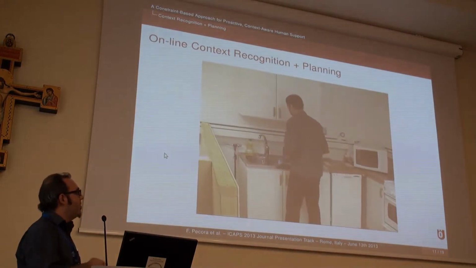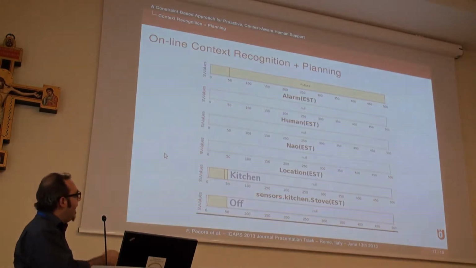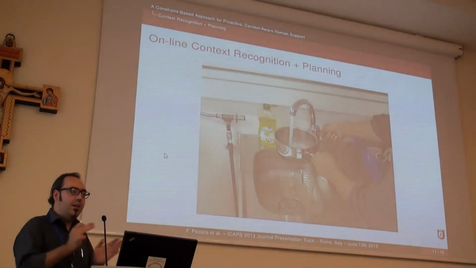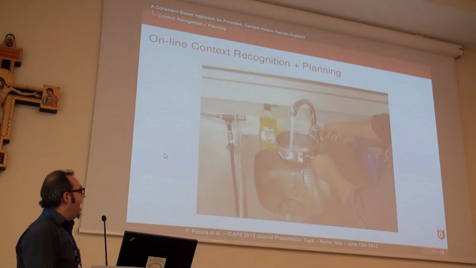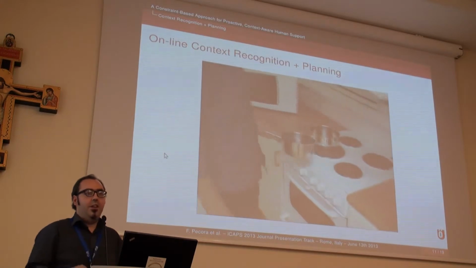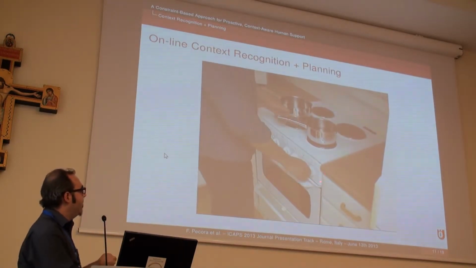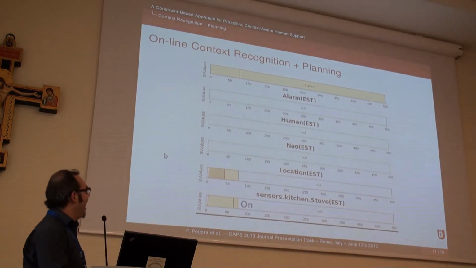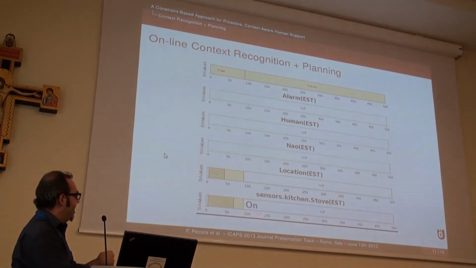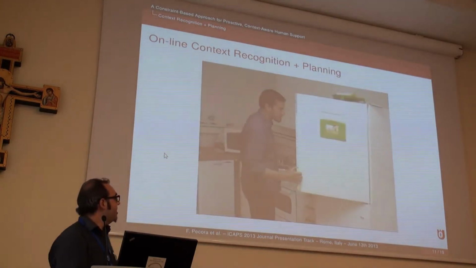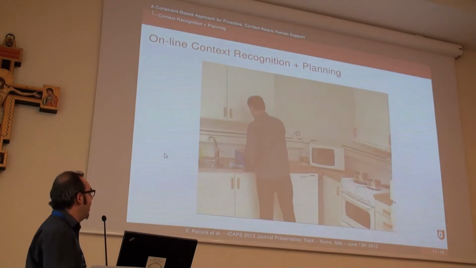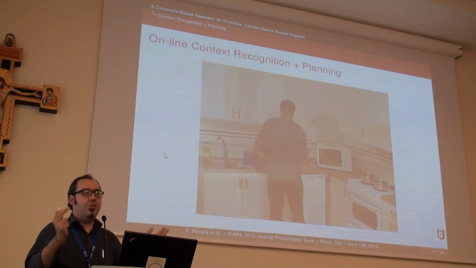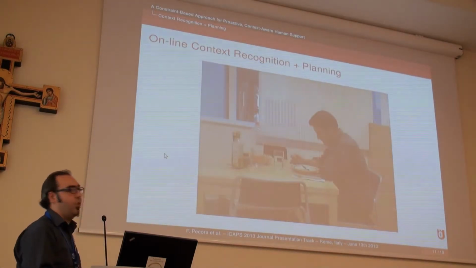And fortunately, that allows the home to track him. Therefore, when he goes into the kitchen, the home knows that he's in the kitchen, and therefore our timeline-based planner actually can trace the fact that he's in the kitchen. That was a picture of the timelines evolving. And while he's in the kitchen, he's going to start cooking, and fortunately enough, we have a stove state sensor, which is scotch taped to the lid of the stove. And actually, this allows the timeline-based planner to know that the stove is on. And in fact, we have, fortunately, also a domain that says, well, if you're in the kitchen and you turn on the stove, then basically, and certain temporal relations hold between these facts, then you're cooking.